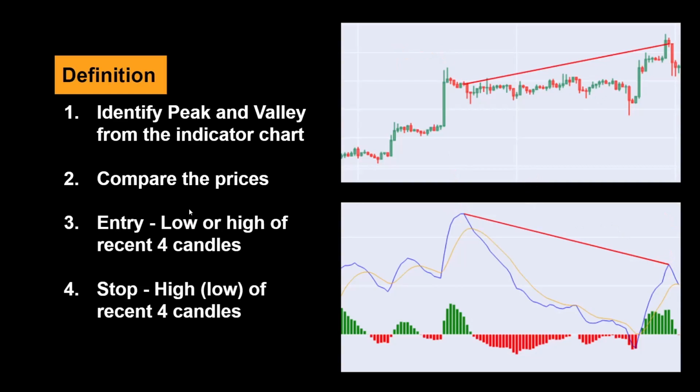And now, once we have established a divergence, we can define our entry and stop. So for the entry, in this case, this is a bearish divergence, so we'll be leaning towards the short side, and the entry will be the low of the recent four candles. So 1, 2, 3, 4, and the low is here. Once the price breaks this low value, that's our entry. And then at the same time, our stop is at the high of these four candles. So here's your stop and here's your entry. This is really your